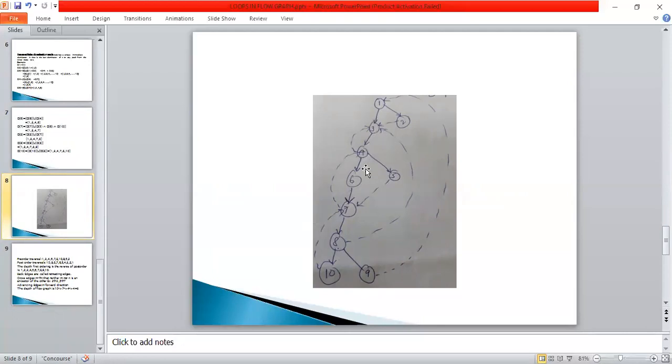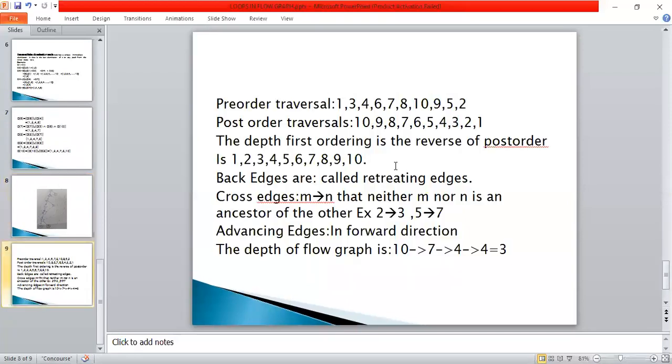Its left node is again a root node. Go to its left node. This is also again a root node. Go to its left node, which is also again a root node. Go to its left, which is also again a root node. Go to its left. Okay, now its left is 10. Its right is 9. Its root node is 8. Then 7. Then 6, 5, 4, 3, 2, 1. So this is the post-order traversal.